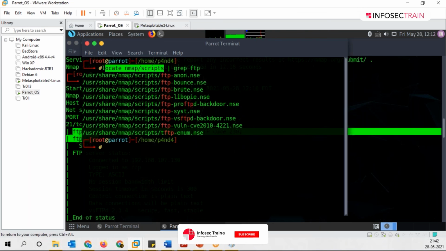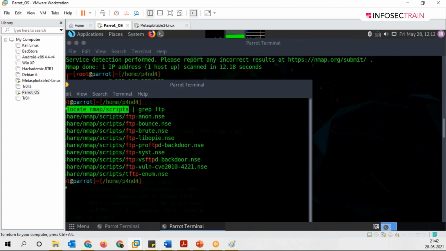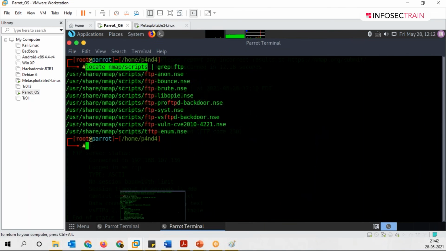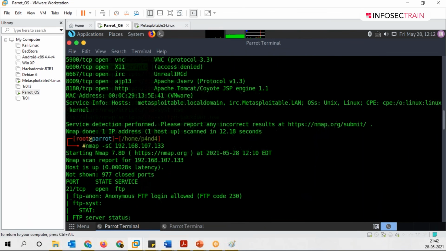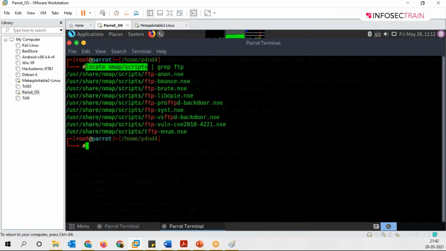Till this point, it was giving me all those lists which we previously saw, that pretty big list. I have cleared that one. But remember the last time we used locate nmap scripts, it gave me a pretty big list of the scripts, those 600 ones. What I did now, I just piped it down and wrote grep FTP.